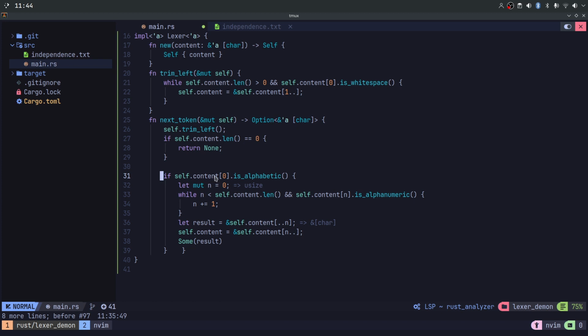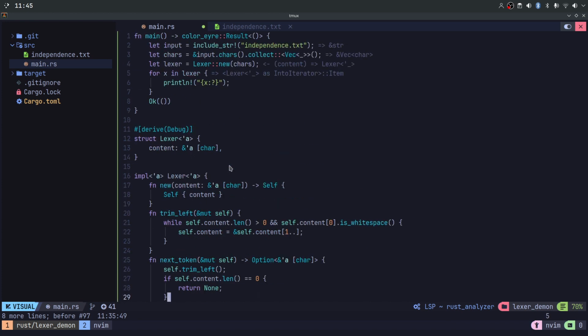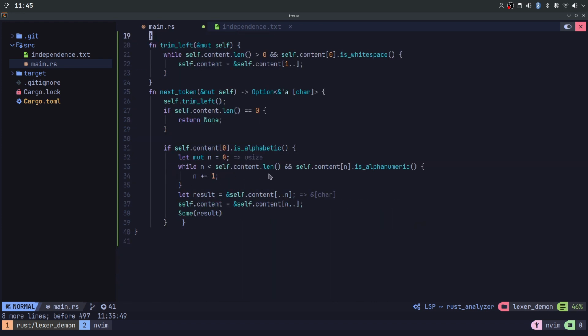Next, we are going to check if the first character of self.content is alphabetic. Only if it's alphabetic, then we proceed to iterate through the self.content string. And now we keep increasing n until n becomes the index of the non-alphanumeric character. So right here, we are only increasing n while the self.content, as in the content that we gave in here, the declaration of independence, which we turned into a vector of characters and gave to the lexer,